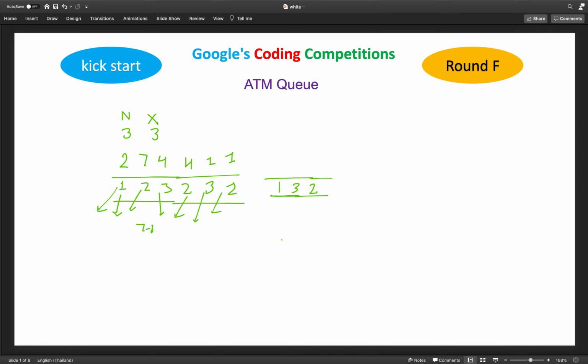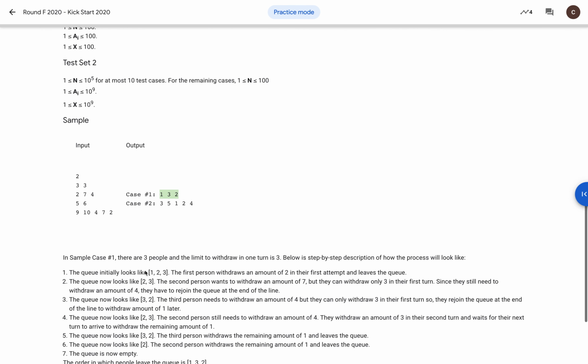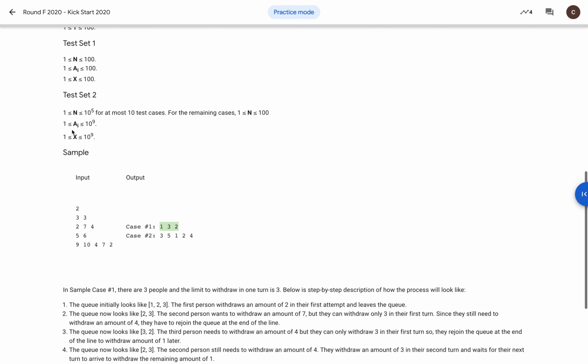If we try to solve it this way, this solution will take too much time. Let's say the limit X is 1 and a person needs, say, 10 to the power 9 as the amount. Because this is the constraint of our problem, A[i] can be 10 to the power 9 and the limit X can be from 1 to 10 to the power 9.